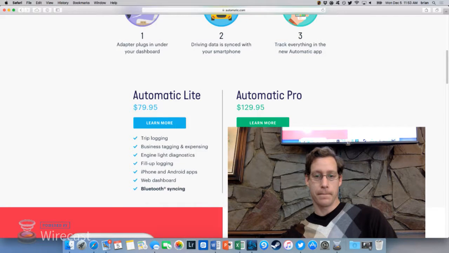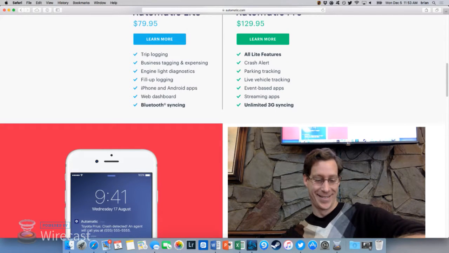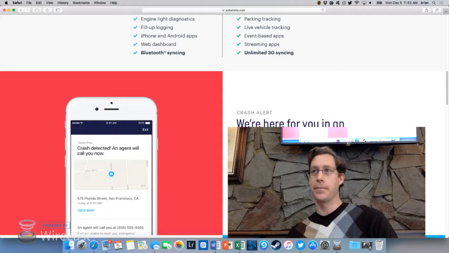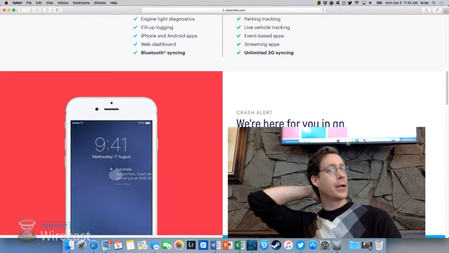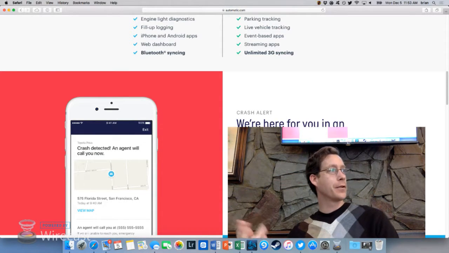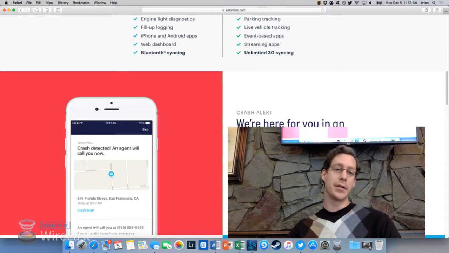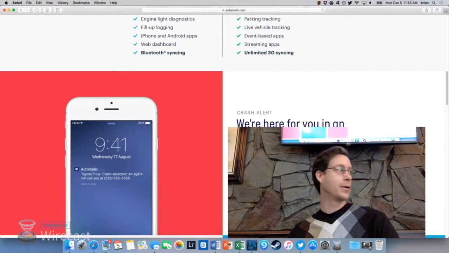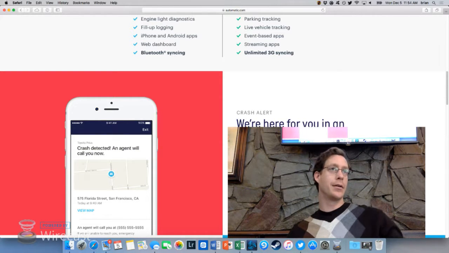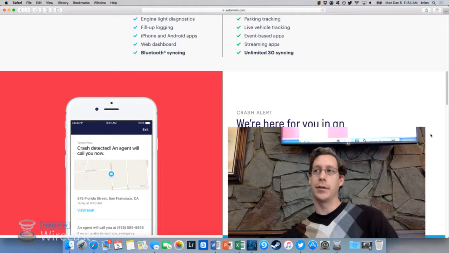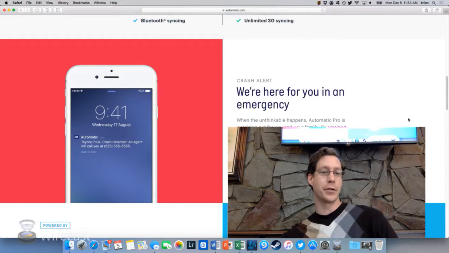Is that considered a dongle? Correct. Yes. It's like OnStar, if you remember OnStar. One of the other cool things is it also acts like, you know how you go in and you pay like $79.99 for a diagnostic to tell you what the code is? This thing will tell you what the code is that's on your car. Oh, for the same price. Yeah, what it means. You pull it up on your phone, you run the diagnostic, it'll tell you what the code means, and then you can take it to the dealership.